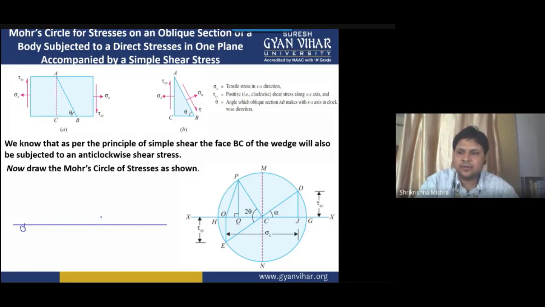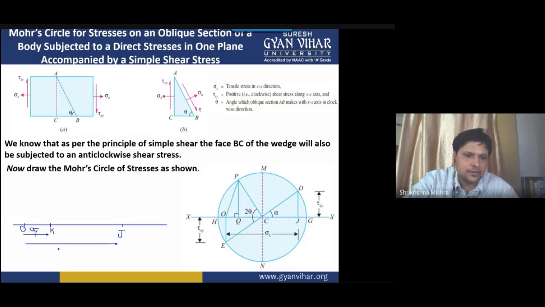Shear stress is also acting here, students, and in the case I told you in the previous video lecture, there was no shear stress. So what process did we generally follow? We took an origin point O, and from this we took the value of sigma x and marked a point J. After this, if there had been any other stress, such as sigma y, we would have marked it here and named it K.